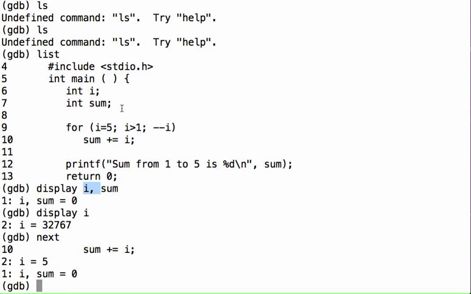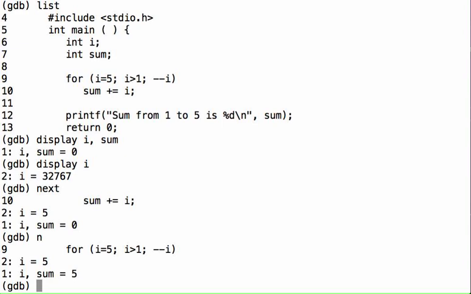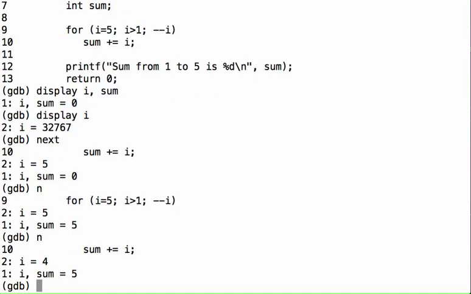Sum will have been a strange arbitrary value, but we set sum to 0, and that's why sum is equal to 0 now. So we're going to check and see if this works. Let's do n for next, and at this point sum got I added to it. And so sum is 5, and so let's skip over the 4. At this point we decremented I, that's from here,